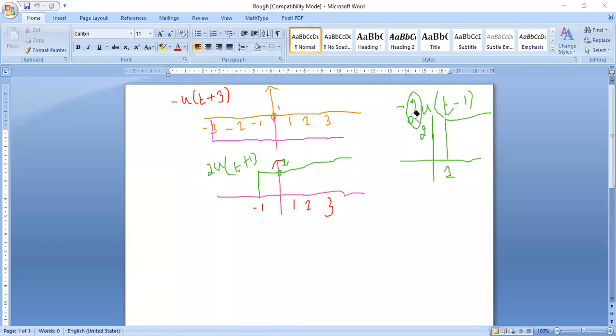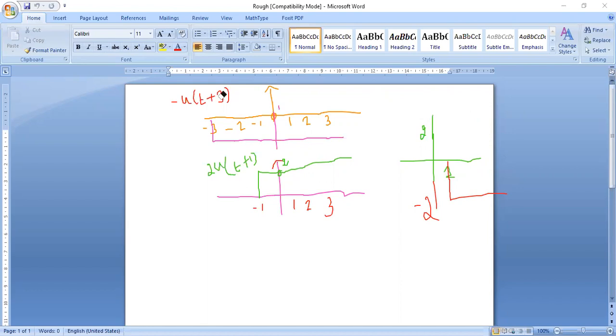Then I have to include this minus sign. To include the minus sign, what should I do? I should draw at the bottom. So now this is minus 2. Now I will erase the unwanted things in the diagram. So has everyone understood this?